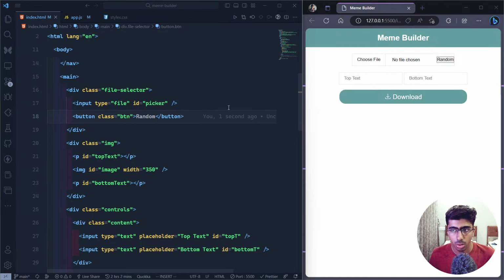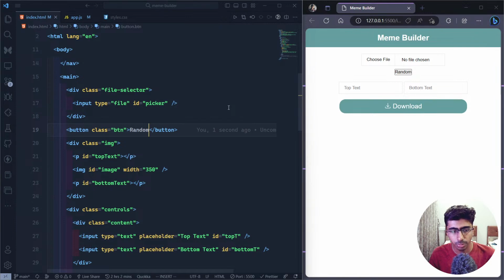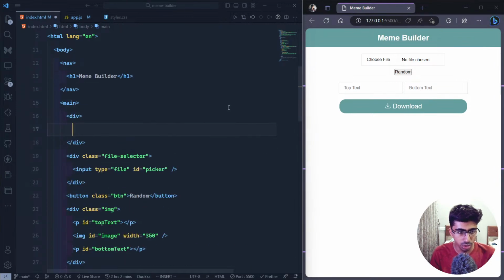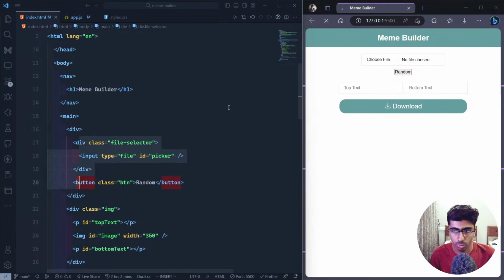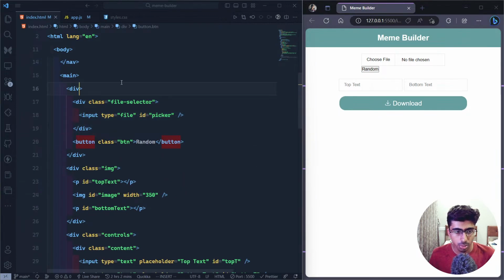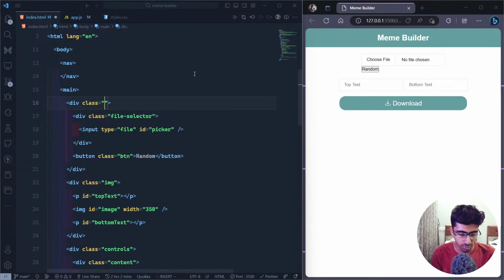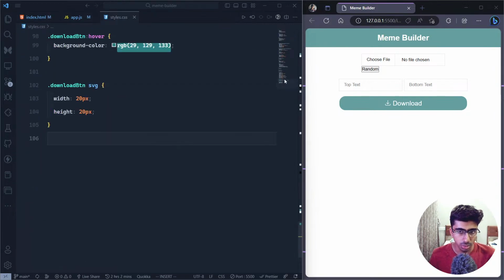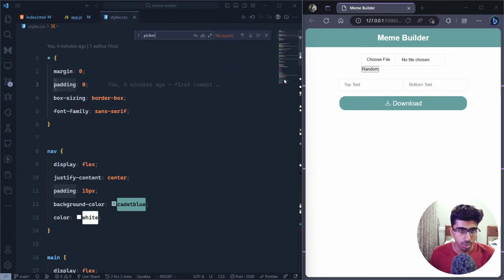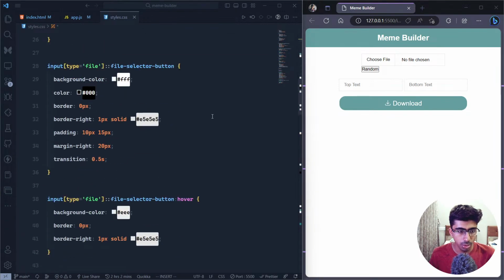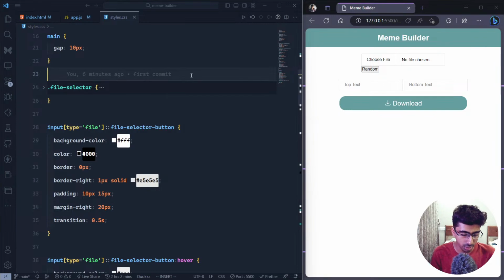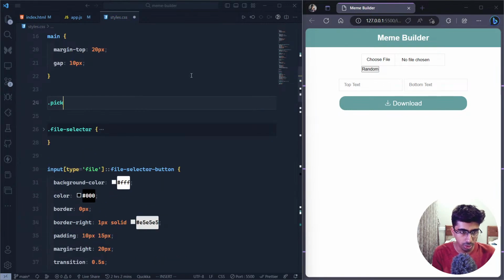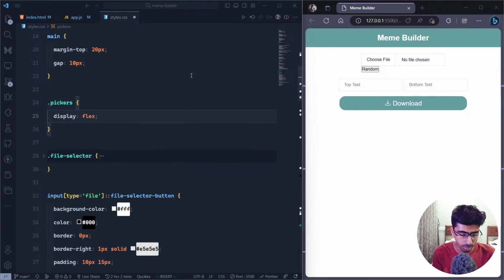All right, so, oh, I did not mean to do that. Should be outside, but these should be in their own div. So we should have a class of pickers, I could say. I'm very bad at naming these things. So we have file selector. The same way we are going to have pickers, which is going to be display flex, and then